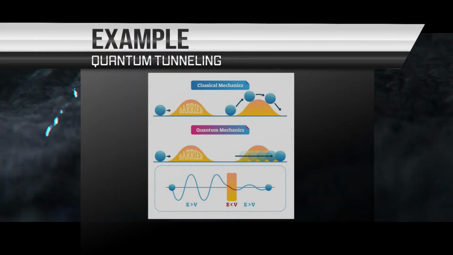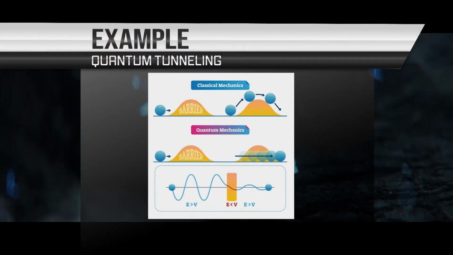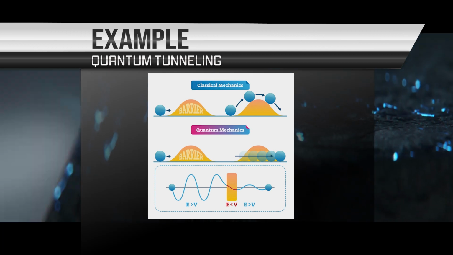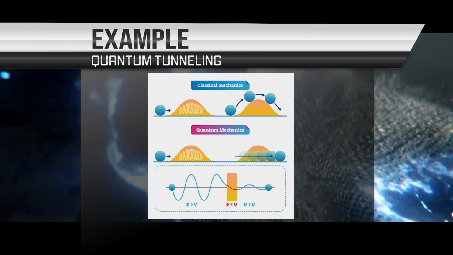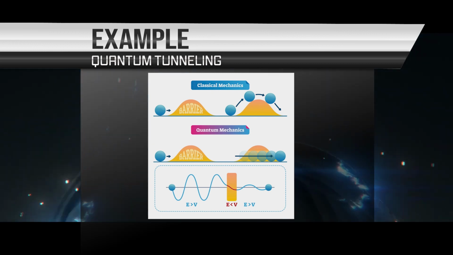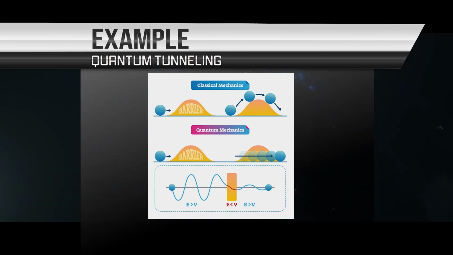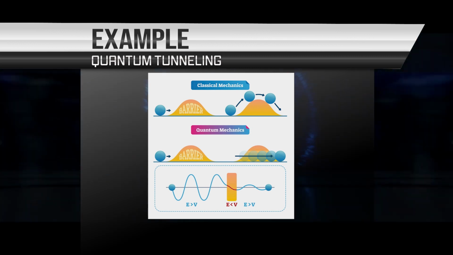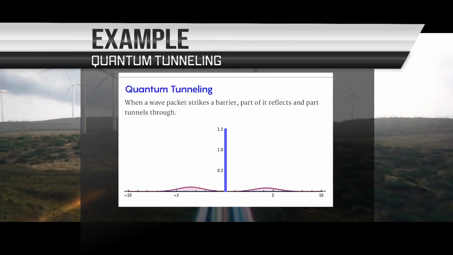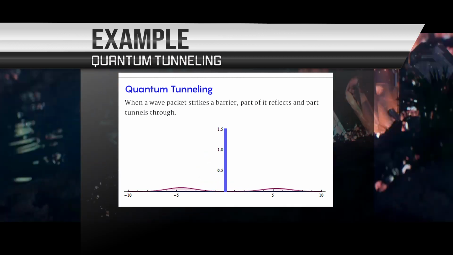One way to understand quantum tunneling is to consider the example of a particle that is trapped on one side of a potential barrier. In classical physics, the particle would be unable to pass through the barrier unless it had enough energy to overcome the barrier. However, in quantum physics, the particle can tunnel through the barrier because it has a non-zero probability of being found on the other side of the barrier, even if it does not have enough energy to overcome it.